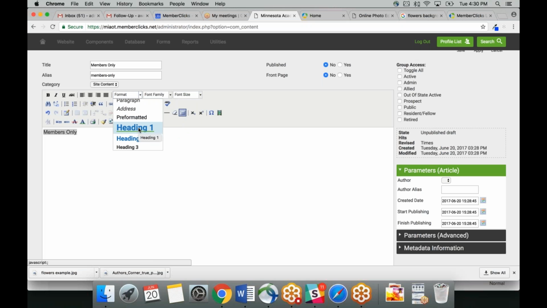So heading 1 is what I would typically suggest you use for headings on your pages. The reason I would use these formatted fonts versus any of this customized font style, font size, all that stuff is really for two reasons. One, consistency, and the second, if you ever decided to change the colors of your website, the association went through